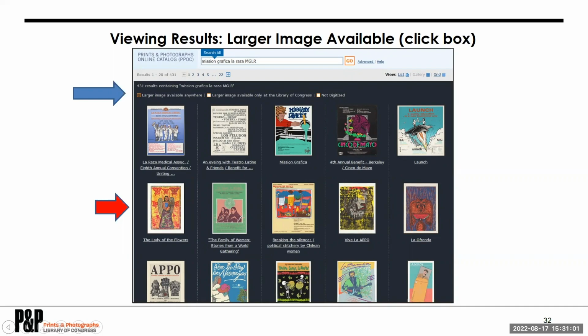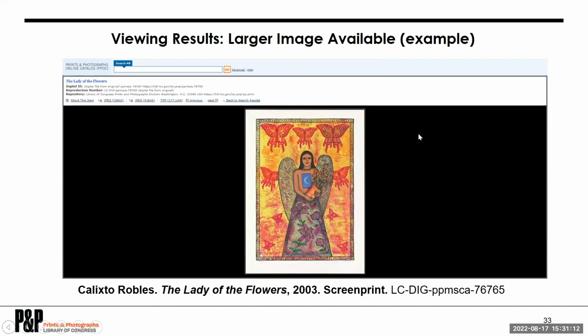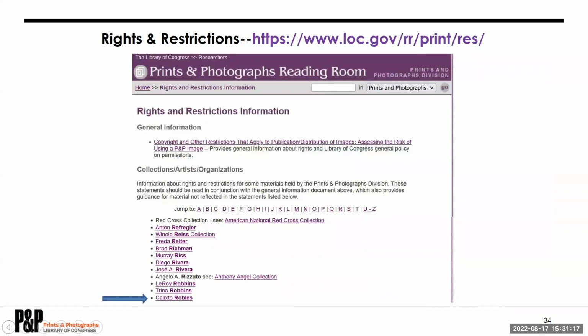Let's look at the center left image, the angelic figure by Calixto Robles. We click on her thumbnail, which brings her up in a larger size, the beautiful Lady of the Flowers. Most of our online records include a rights advisory field and a link to the page where you can look to see if we have information for individual or collective creators and check their rights requirements. At the bottom by the blue arrow is Calixto's name, and you can click there to pull up his full rights statement, including how to reach out with permission requests,